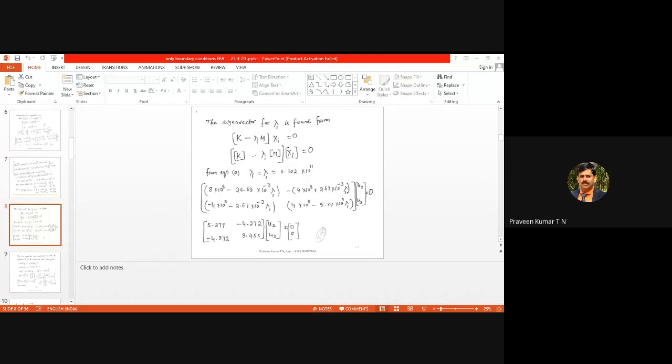Tomorrow I'll continue with the same problems. I'll do one problem on a bar and one more problem on a beam. Then we'll go for the theoretical aspect, and then we'll understand the theoretical equations better. That's why I normally do it like that. First I'll do one practical problem, then I'll go for theory as well as derivations.